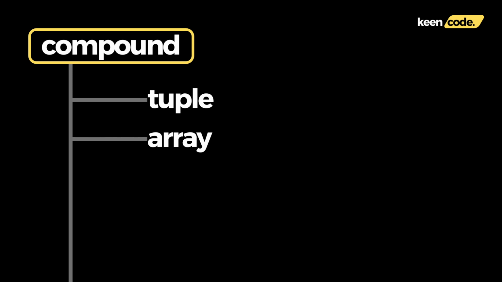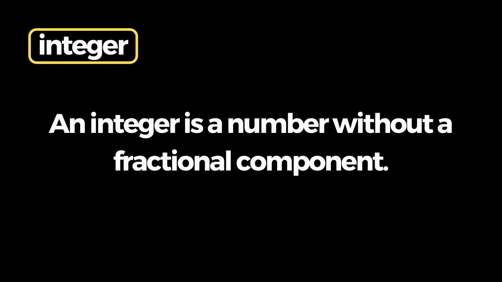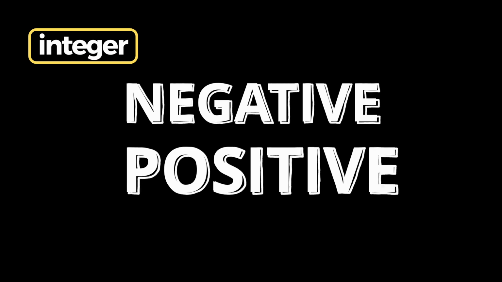We will be covering compound data types in upcoming videos because each type requires a single video. And in this video, we are going to talk about the scalar data types. In scalar, first we have integer data types. So what is an integer? An integer is a number without a fractional component. So what does that statement mean? It says that any number, either negative or positive, with no decimal values, is known as an integer.